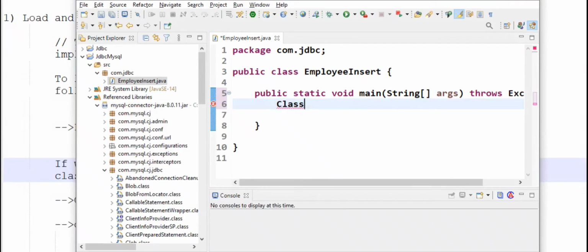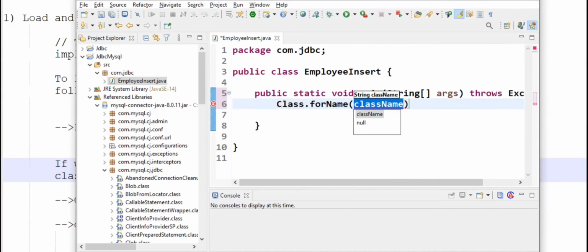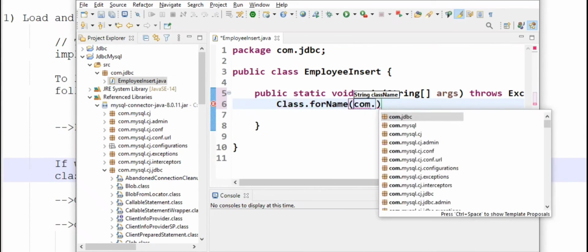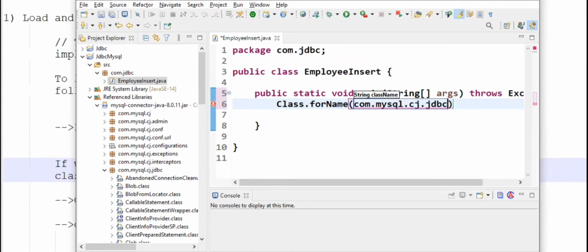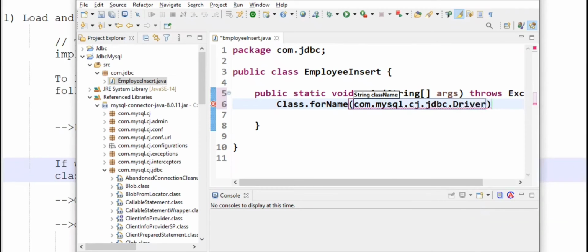Class.forName method, com.mysql.jdbc.Driver in string format. Great.